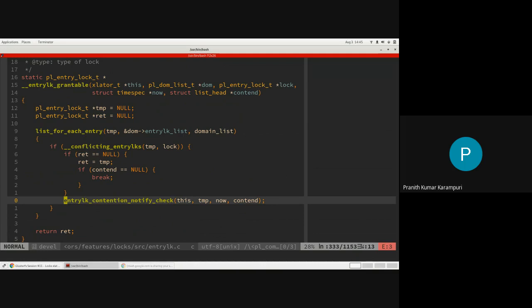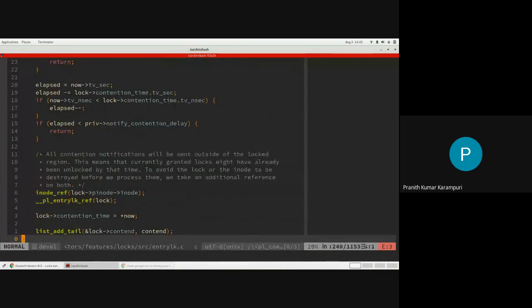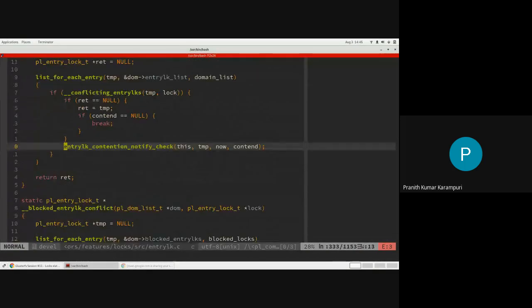It looks like we are also doing some contention notifications. Okay, yeah. So basically, every time there is a conflicting lock, you notify the client saying that somebody tried to lock the same resource that you held, so that the client can start trying to send an unlock immediately, so that it can prevent starvation.